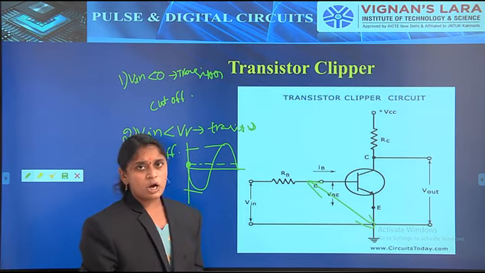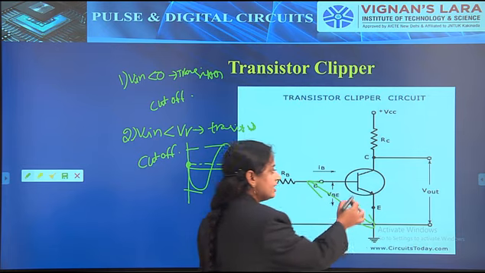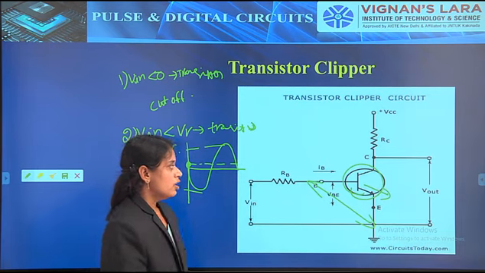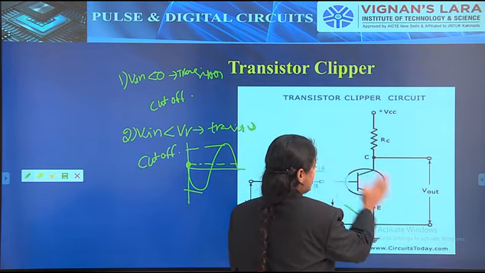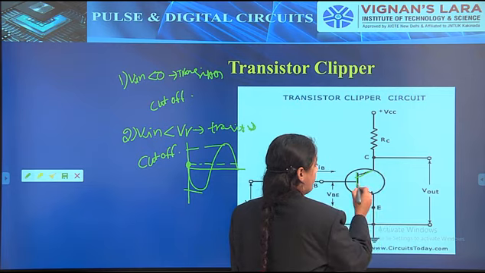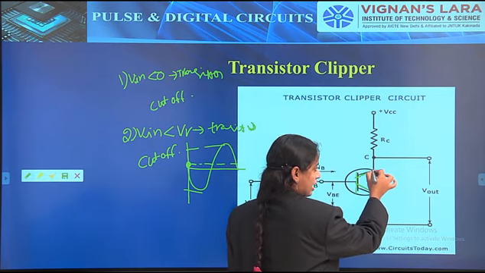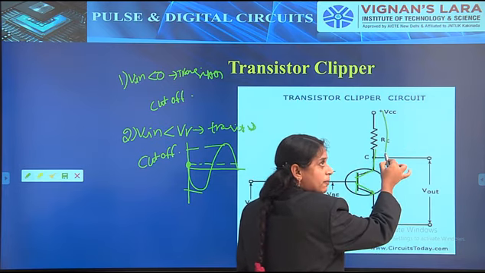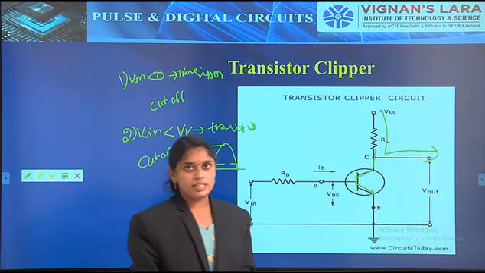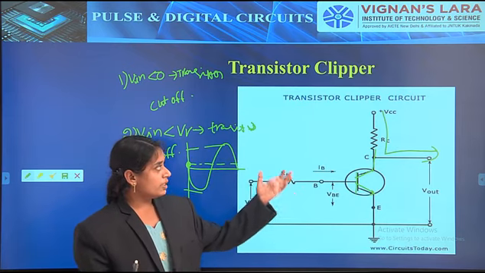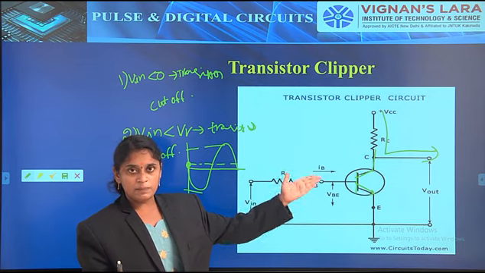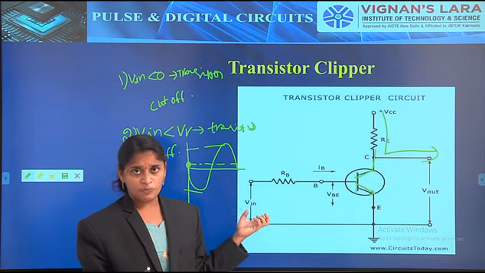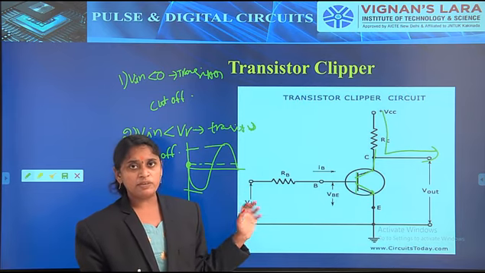So what is the output condition? We have to check here. When the transistor is in off condition, it can simply be replaced with an open switch. So there is no path, nothing but no short circuited path. That's why the maximum VCC signal will be produced at the output side. Simply we can say that when the transistor is in off condition, the output will be VCC.